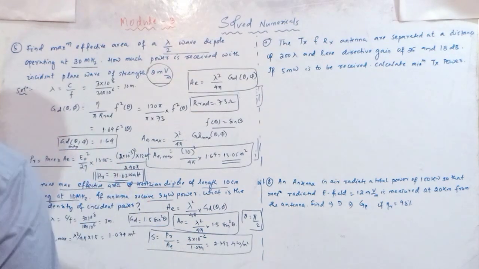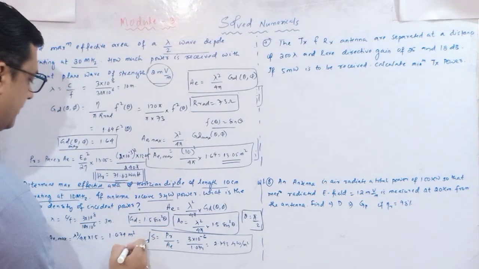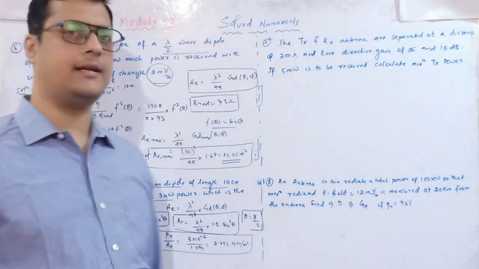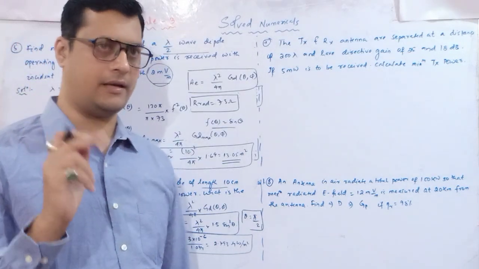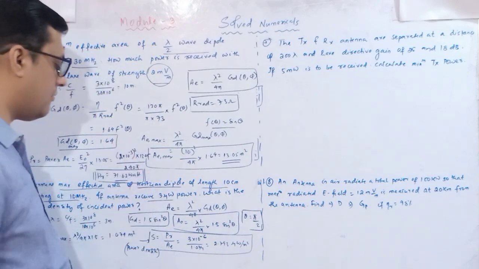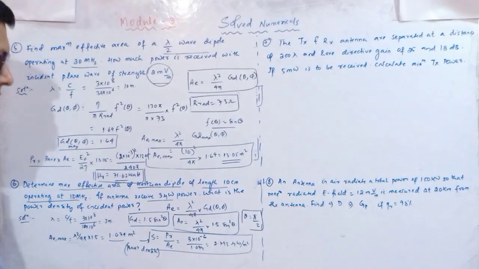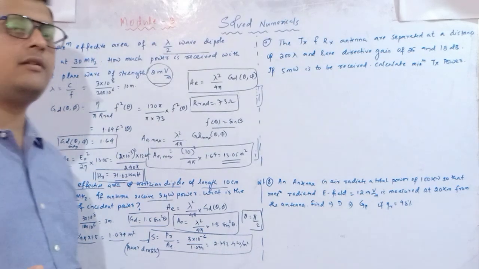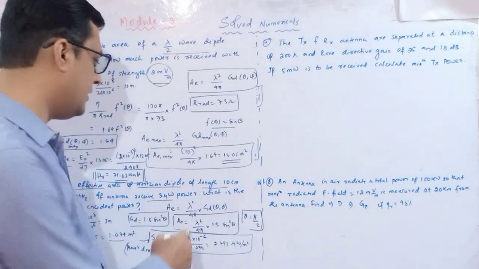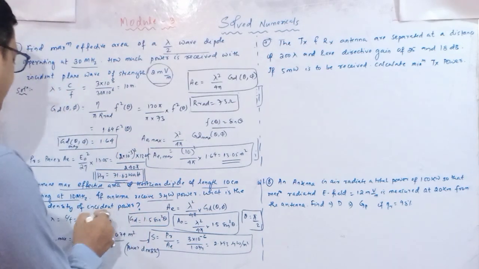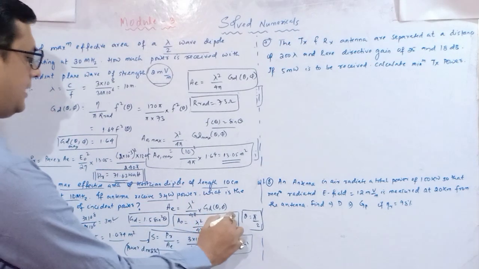So this is your answer. S is called your power density. So S is equal to, what is the density? It is received power divided by the effective area. Received power is 3 microwatt. The effective area maximum we have got around 1.074. How have we determined it? It is lambda square divided by 4 pi into the maximum value of the directive gain, which is 1.5, so I have substituted that. So this is my power density, this is my wavelength, and this is the effective area.